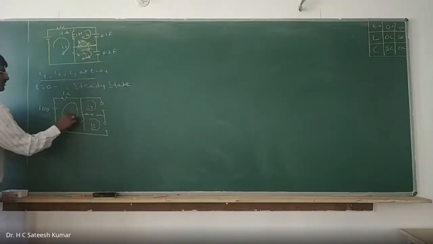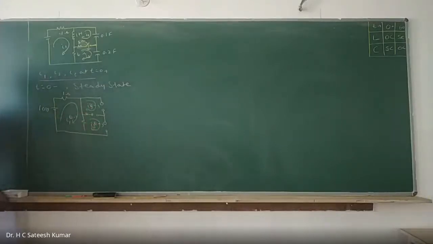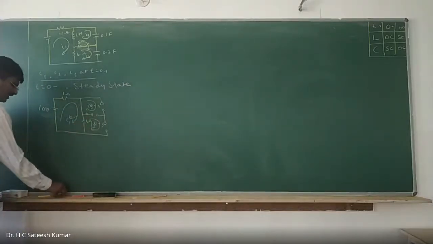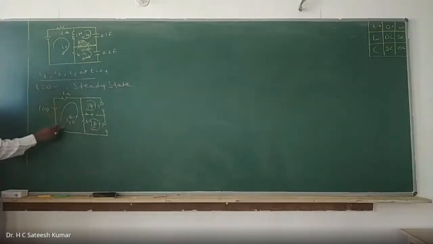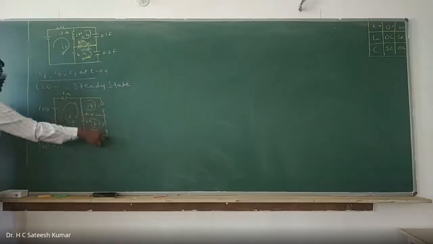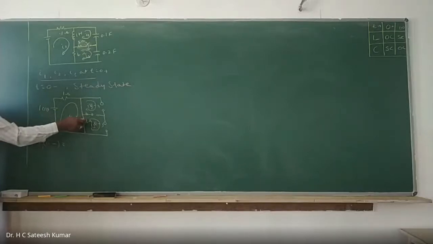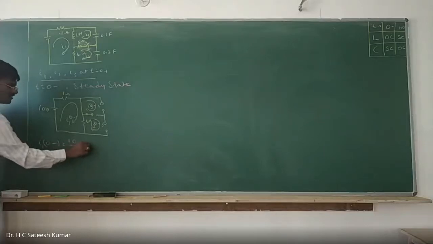Very easy one. 4 ohms. From the network itself, we can easily say that this is open circuited, this is open circuited, no current will flow. I1 at 0 minus: current will not flow here, and here also it will not flow, all the current will flow here only. So this current is equal to total voltage divided by total resistance. The total resistance is 4 plus 1, 5 ohms. So I1 at 0 minus is equal to 10 divided by 5, which is equal to 2 amps.